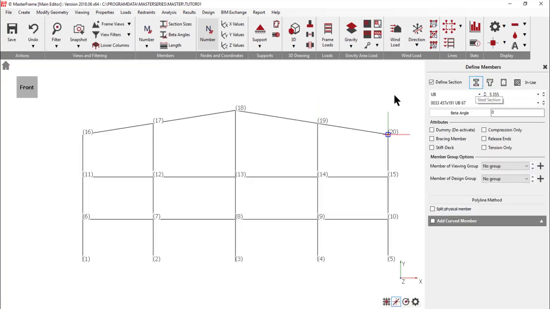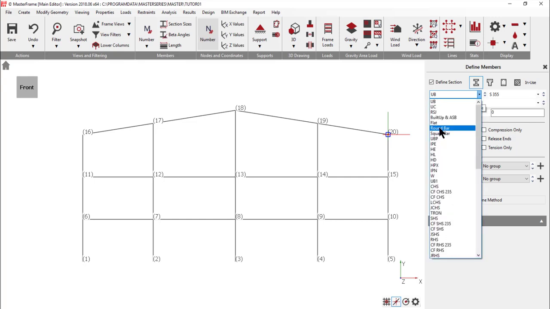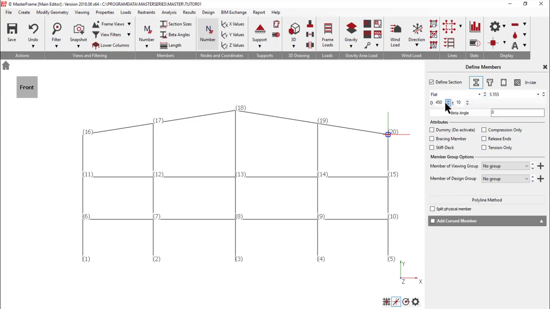I'm going to choose the section, and we're going to choose it to be a flat, and I will make this a 100 by 10 in grade 355. It's going to be a bracing member, so we might as well tell it it's a bracing member, and it's going to be tension only. You can include release ends, but tension only automatically releases the ends, because that makes sense. So I want to go then straight away from 1 to 7,